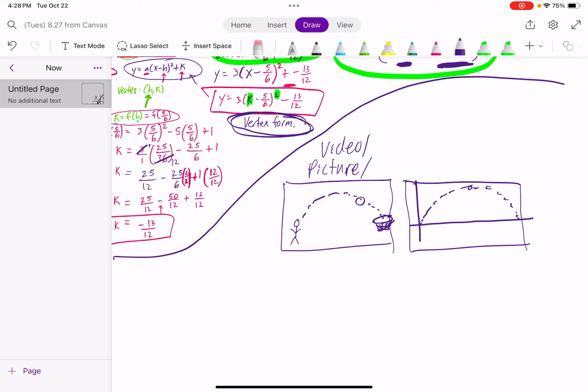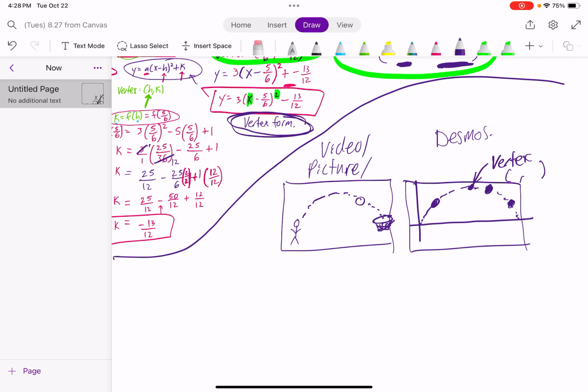Okay? And then if you could just include the vertex, label the vertex, whatever it is, this comma this. And then label your other points that you use to make that. Oh, Mr. G, I used this point and this point. Okay, label those points as well. And that's it. You have it done. You have it made. And you could have got this from Desmos,